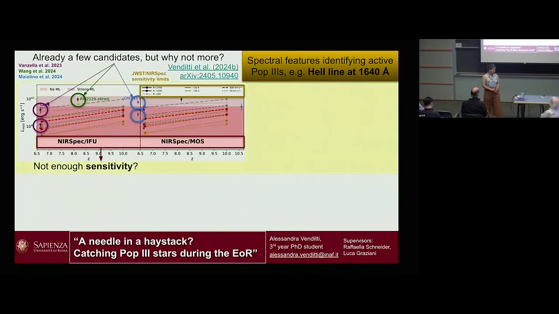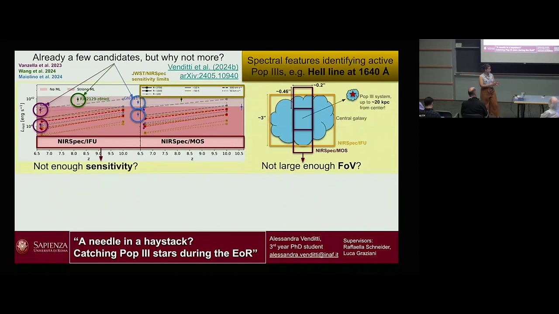So I have investigated 2 possible explanations for this. One is that we do not have a high enough sensitivity to be able to see them. In fact, we see that the helium-2 emissivity that we expect from POP3 hosting galaxies can vary a lot depending on the assumed POP3 model. And we need very deep observations to be able to see these systems, especially with some of the most pessimistic scenarios. In addition to that, I've also considered a possible alternative explanation.